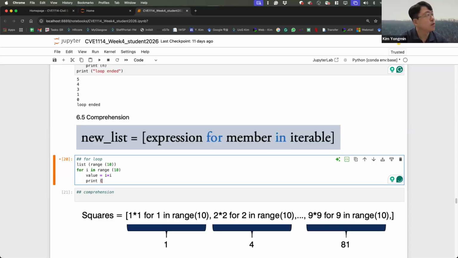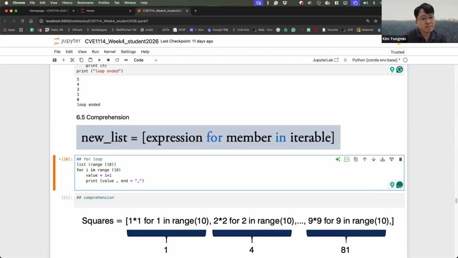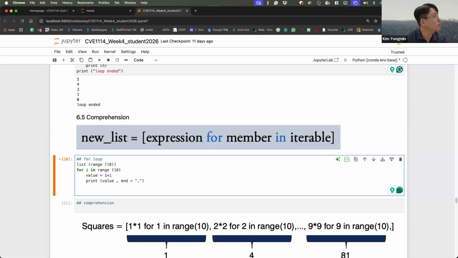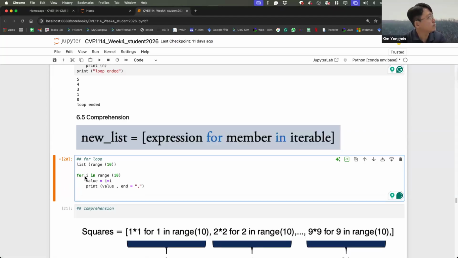Print value, and end equals comma. So the for loop, i in range 10, then we have value times value, i times i, and print the values, with comma separations.